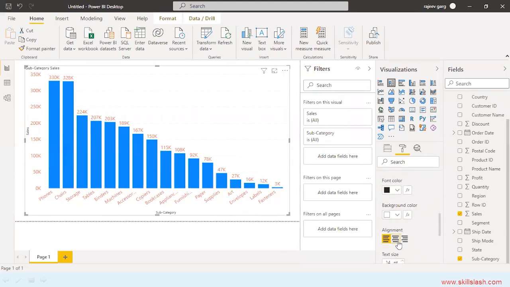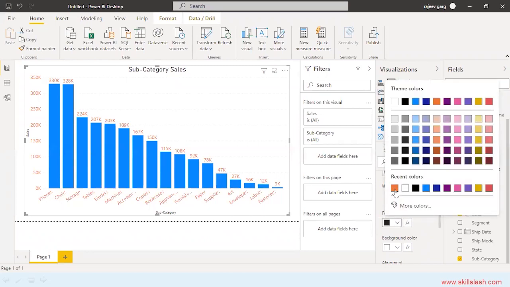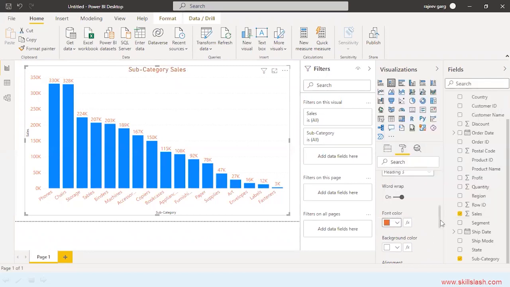Let me make the alignment center. Let me make it 16, or let me make it 20. Right? And you can also change the color of this. I will also take it as orange. So I'm just showing you a few of the formatting options over here.